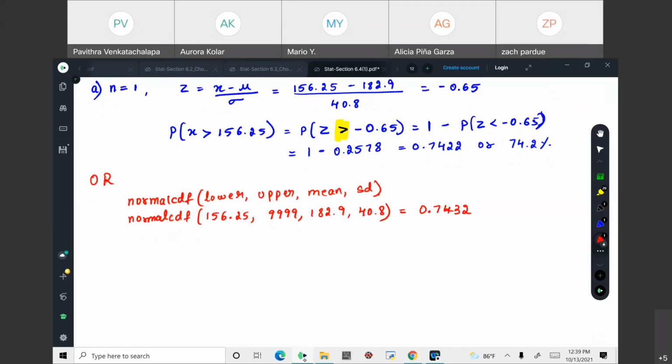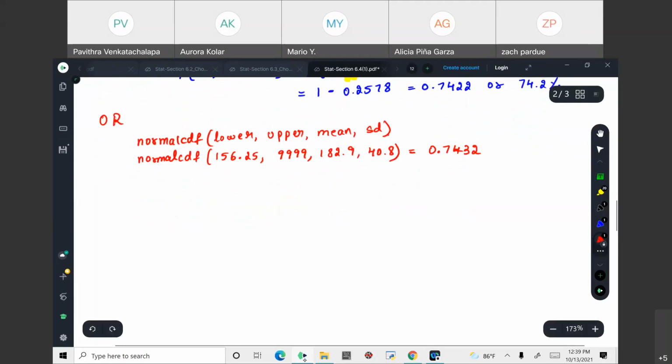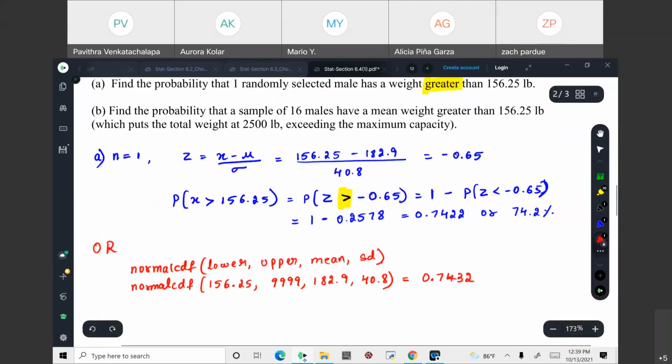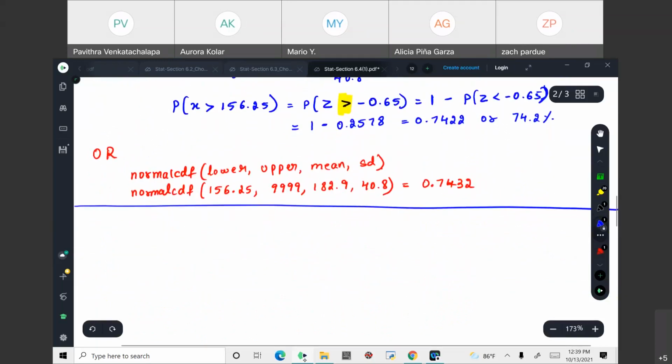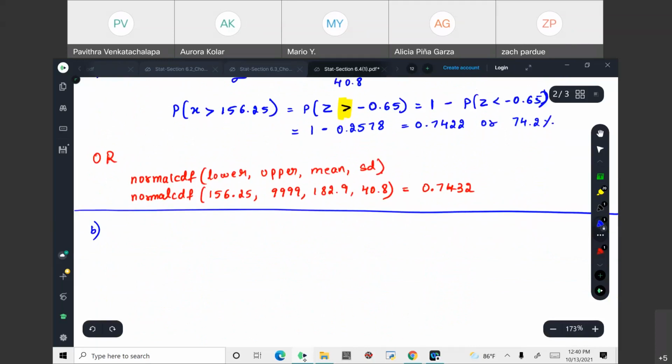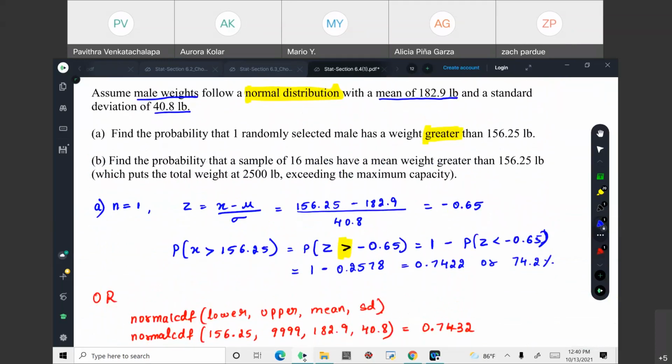You just have to know how to figure out the lower and upper value. The mean and standard deviation will already be given. Okay, so once you do this, you can easily find the answer. Okay, so this was for A, sub question A. Now for B, they are saying that